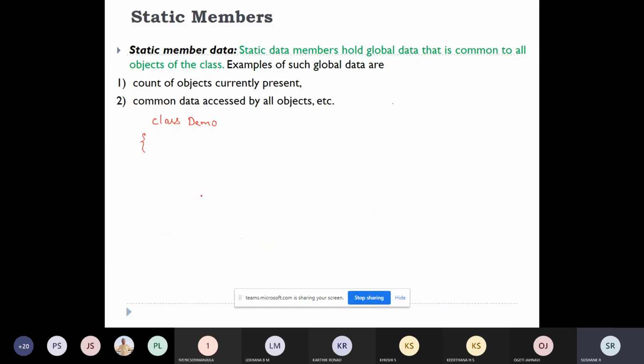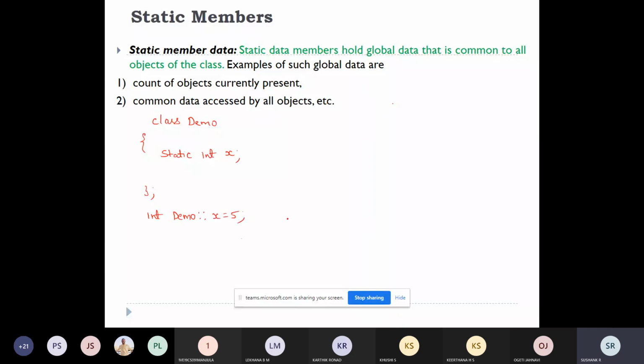I told you that if you want to make a variable static, you should write the keyword static, then the data type and the variable name. After that, you can close the class. Then if you want to allocate the memory, you write the data type, class name, scope resolution, and its value.